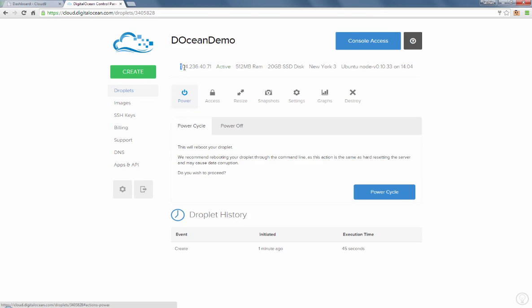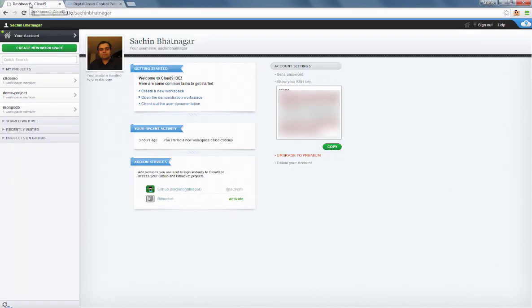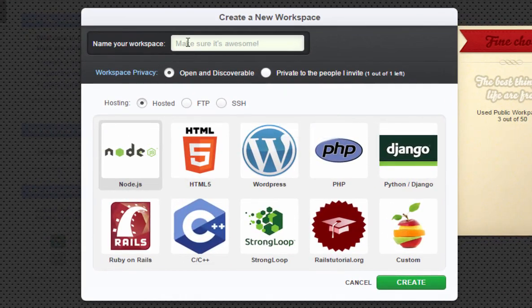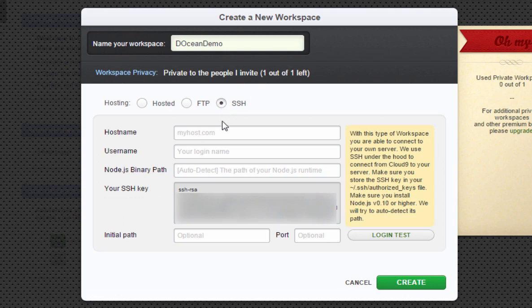Okay, now we'll copy our server's IP address and let's go back to Cloud9 to create a workspace and get access. Here, click on Create New Workspace, and in the panel that appears, we'll give a name and click on the SSH option. Now paste in the IP address for our DigitalOcean server here. Type in username as root, ensuring your SSH key is already present. You can click on the login test button, and if everything went according to plan,